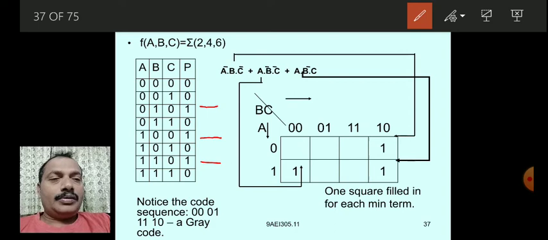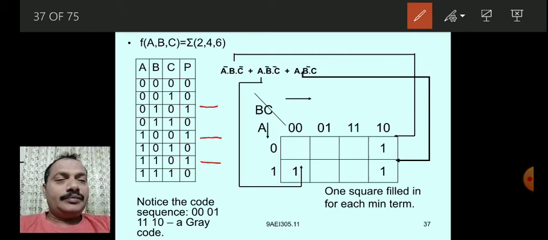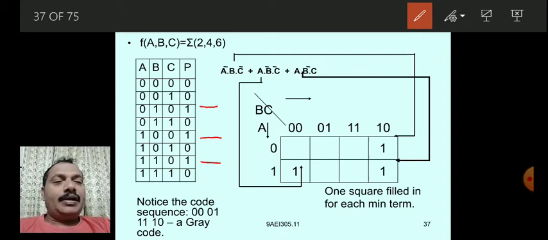Now let us fill those in the K-map. I have written A B C, where A is the MSB and C is the LSB. The min terms are filled in the corresponding cells.